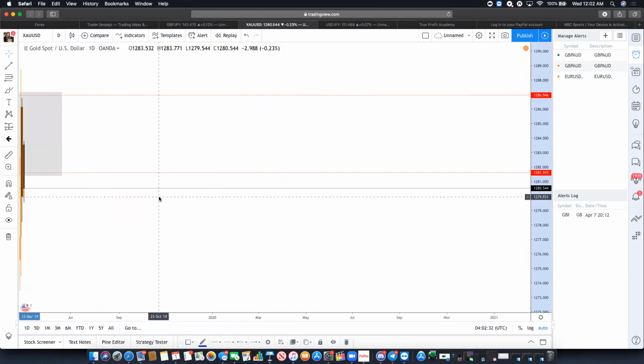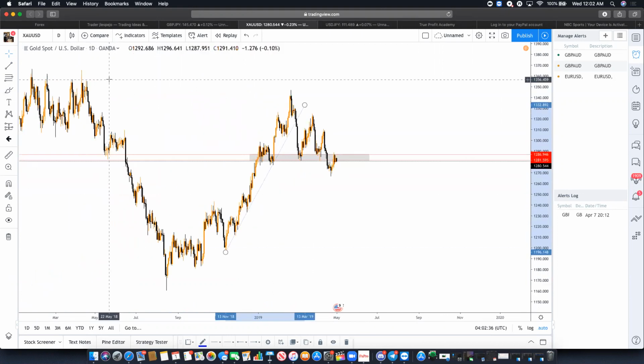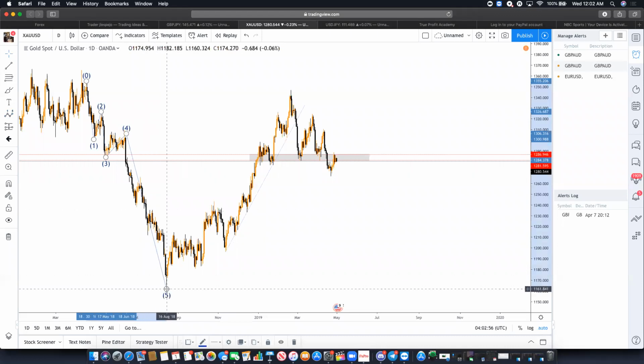So I'm going to look at this on the daily chart, right? So the market was on a downtrend, right? We had the first initial move, corrected itself, right? So 0, and I'm going to use the Elliott wave here. 0, 1, 2, right? 3, 4. Look at the impulsive move of 4 to 5. Make sense? I want everybody to tell me yes or no.